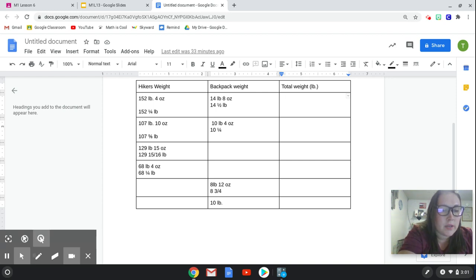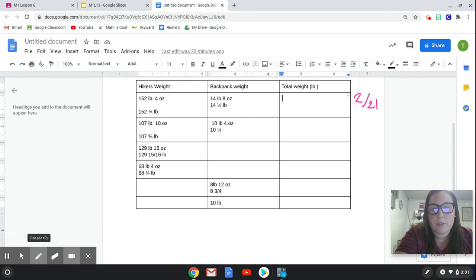Okay, guys, now that we have that ratio of 2 over 21, we can go ahead and use an equation to fill out the rest of this document. So we have to find this empty one, this empty one, this empty one, this empty one. So we're going to either find out B for the backpack's weight or H for the hiker's weight. And we're going to use the equation